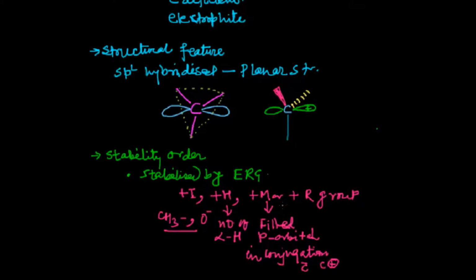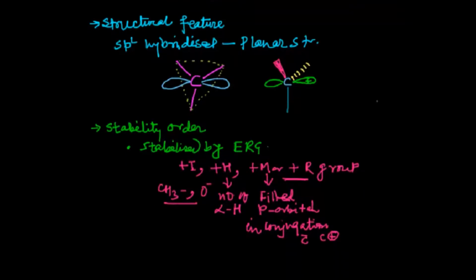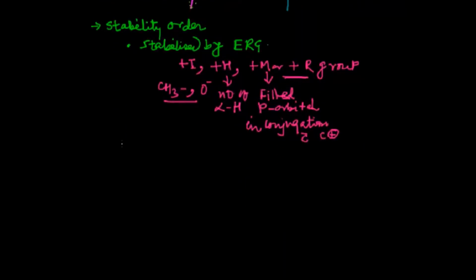Same applies for this plus R as well. So based on this we can easily identify, if we have to compare simple carbocations, the order would be like: we have CH3 positive, then another is CH3 CH2 positive, then we may have